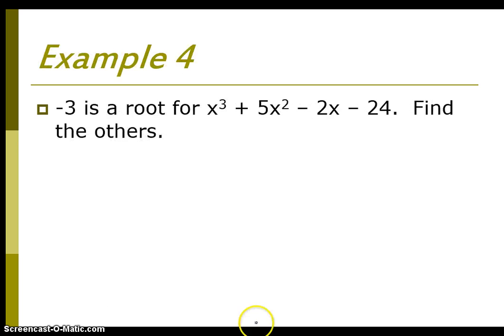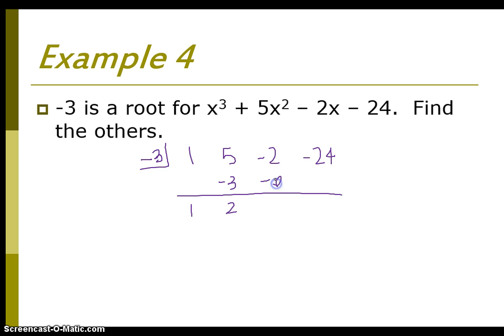Right, example 4 I'm going to do with you because I'm telling you what the root is and I want to know the other roots. So to do that, I'm still going to do synthetic division with that. I'm going to use my coefficients from up here, so 1, 5, negative 2, and negative 24. And if it is a root, I should be getting 0 down here for my remainder. Just 24. So yeah, so I do get 0, which means my new problem is x squared plus 2x